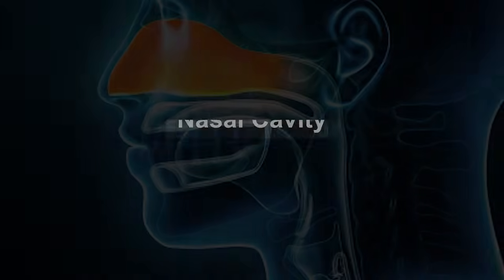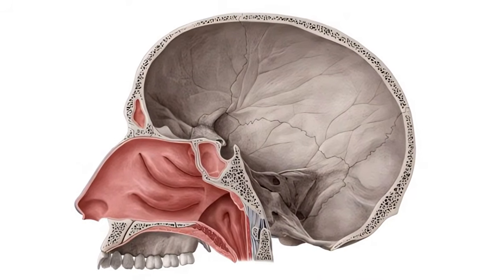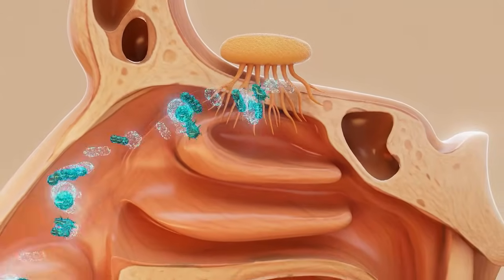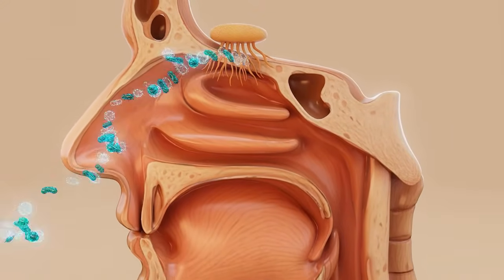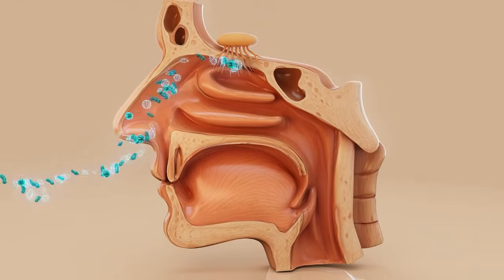Nasal cavity. The nasal cavity is the large hollow space behind the nose. It extends from the nostrils to the back of the throat. This cavity is lined with a mucous membrane that helps to trap dust, germs, and other harmful particles. This membrane also keeps the inside of the nose moist and helps warm and humidify the air before it reaches